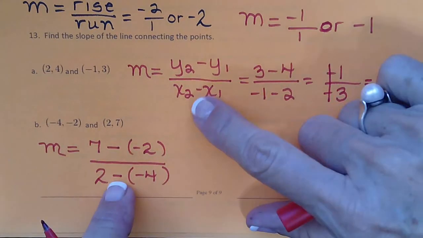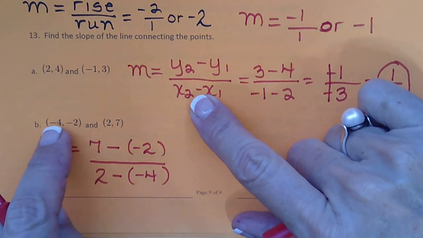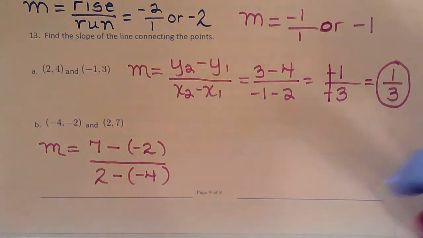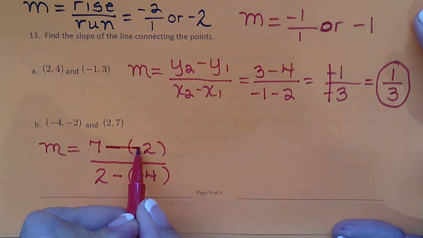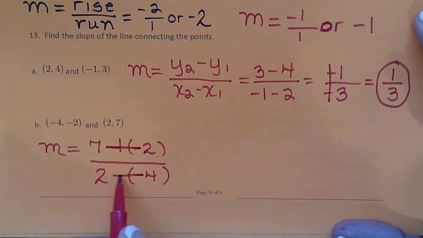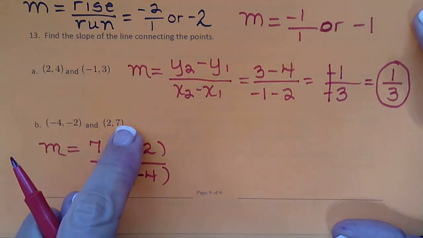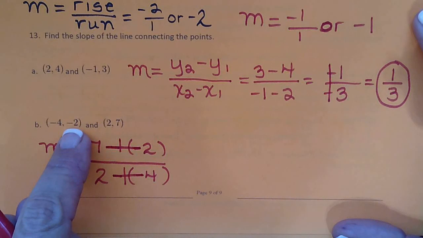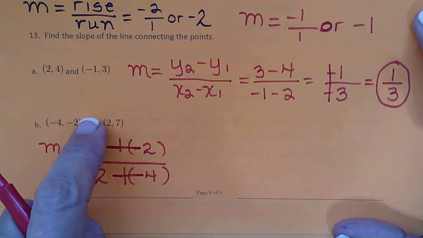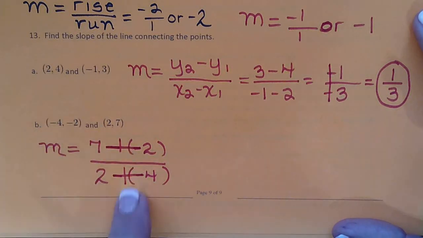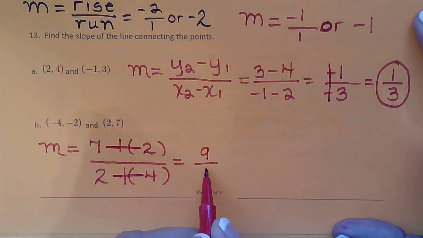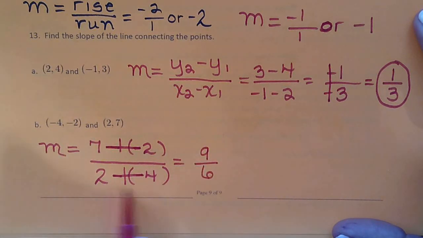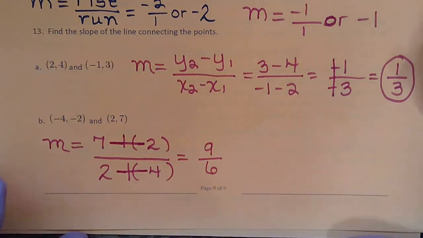And this negative's from the formula, and then you're subtracting a negative number. So don't turn that into one negative. In fact, 2 negatives is a positive. So 7 minus negative 2, 2 minus negative 4. So both are going to turn into plus. So 9 over 6, 7, 8, 9, 4, 5, 6. And again, not simple